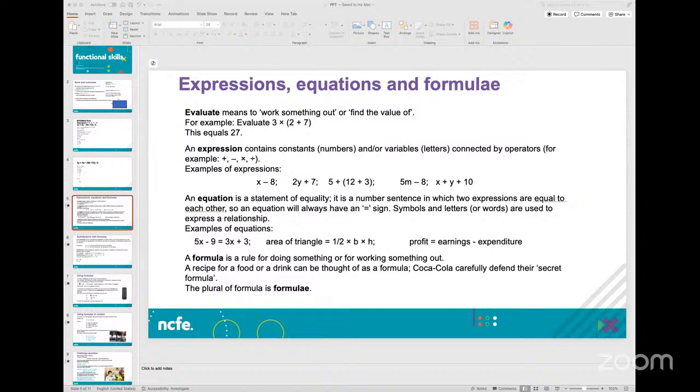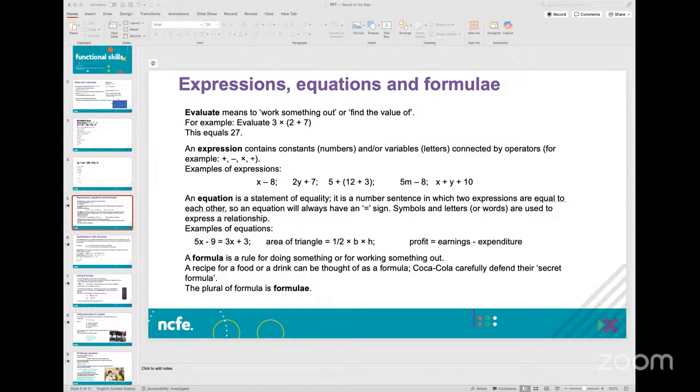So when you have to calculate what the wattage is and how much light that wattage of bulb would give, you would again use an expression or an equation or a formula, and that would be Ohm's law. Ohm's law is voltage equals current into resistance, and that will help you calculate what voltage of bulb will use how much electricity, and how much light, in a sense, in lumens, it will produce. But general usage of equations and formulae, we would use them predominantly in finance, business, and economics,